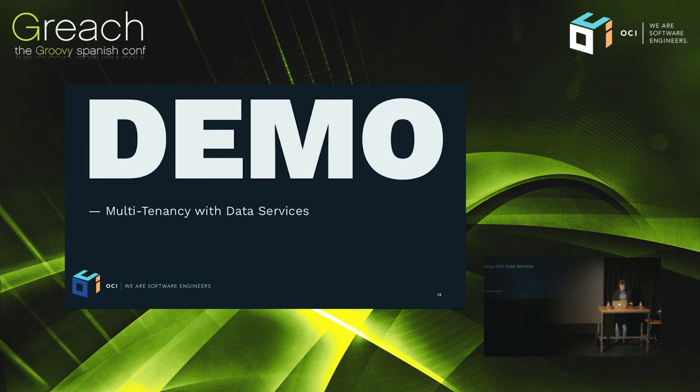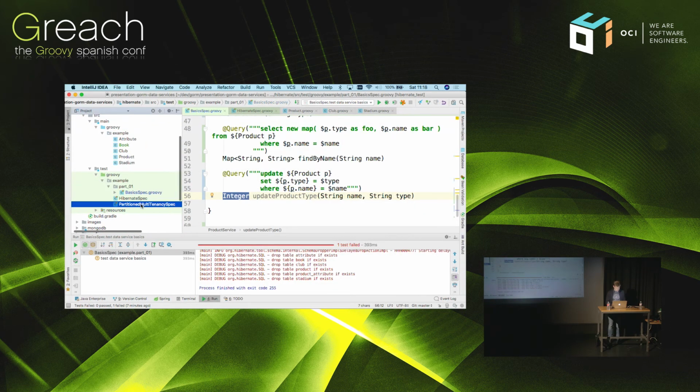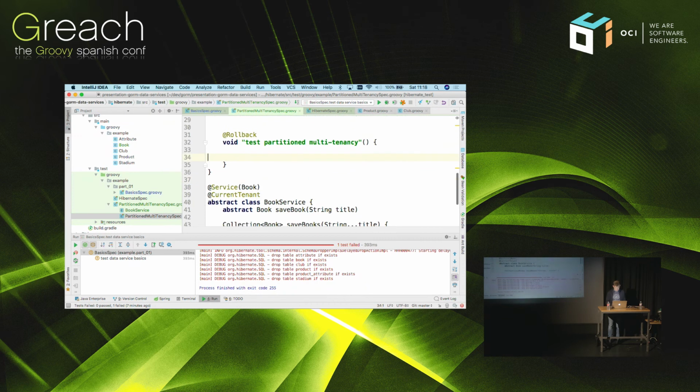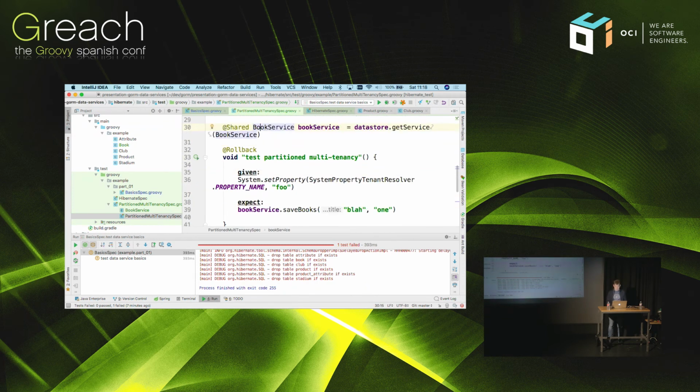So I probably have just enough time to do a little bit of multi-tenancy demo. I probably shouldn't have deleted all of that code I deleted before. So I'm going to try and roll that back, because otherwise I'm not going to have it. Okay, so